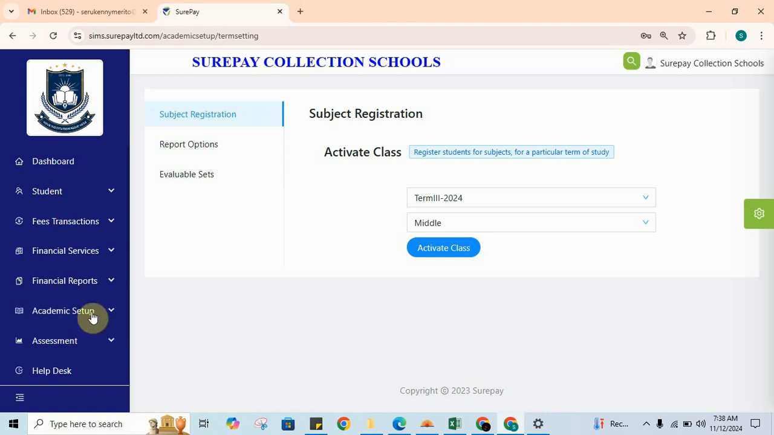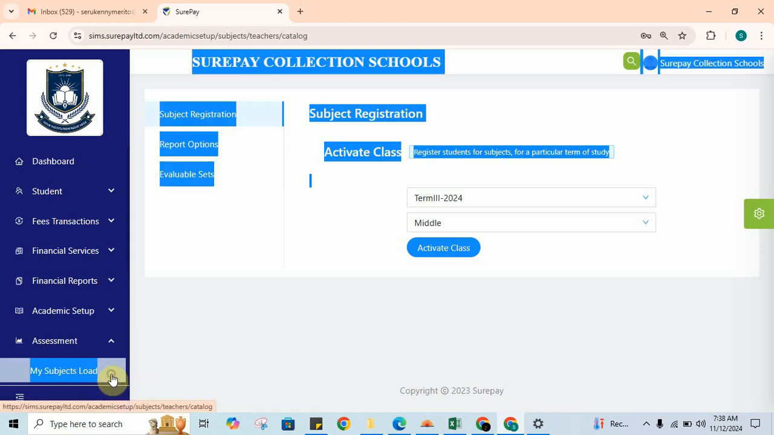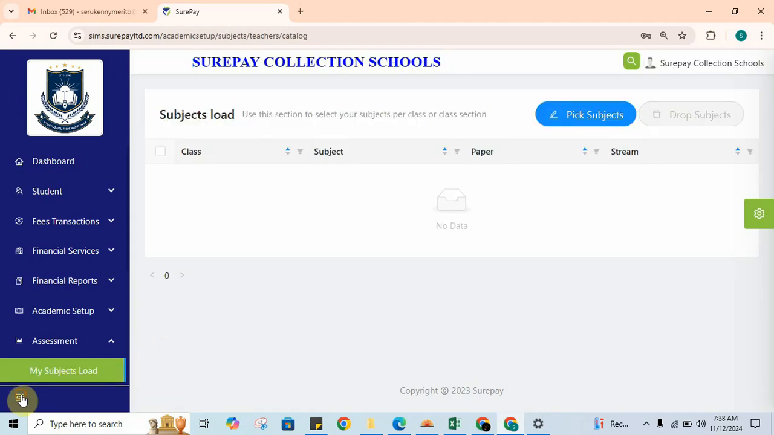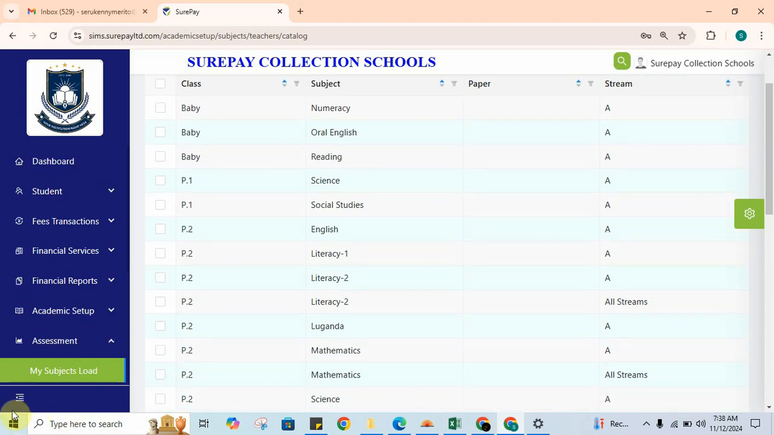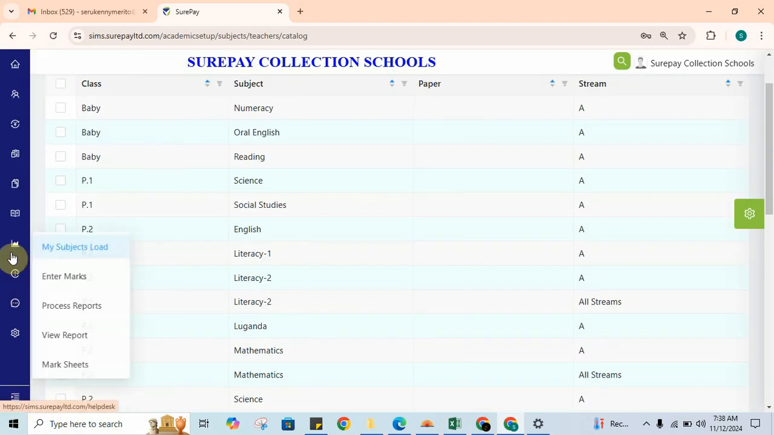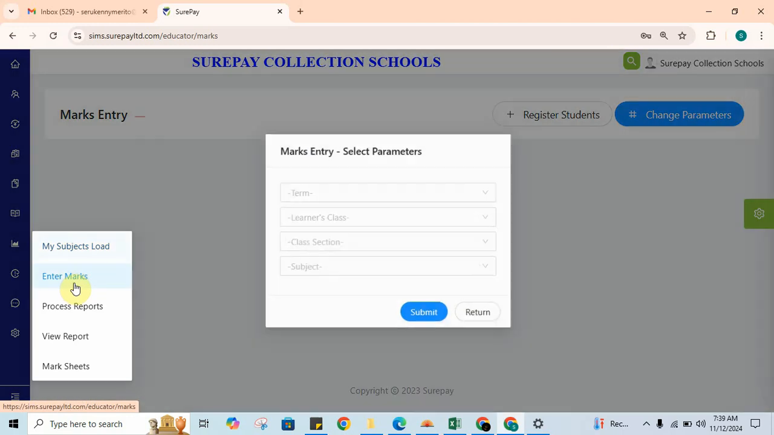So under academic setup, we've activated the learners and the class. Now we click on the assessment, and under this assessment, what we do is tell the system we want to enter in marks. So from activating the learners and the class, you click on enter marks, that is for the nursery